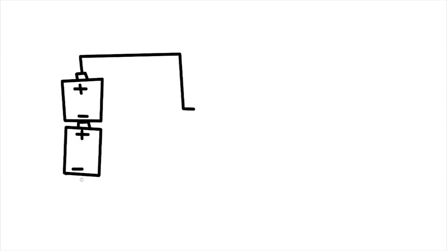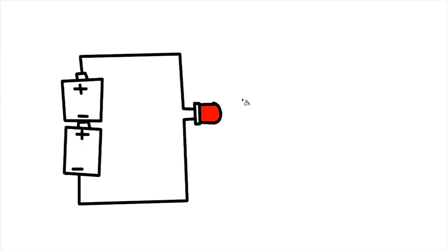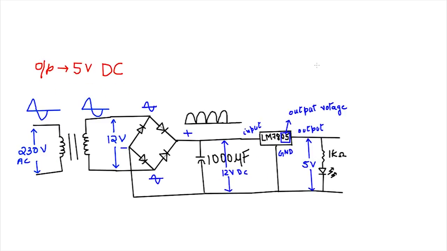There was a time when I was a kid, I used to love making small circuits, especially with LEDs, which used to run on AA batteries or such similar alkaline batteries. The problem with these batteries was that they used to drain pretty soon. Well, in this video, I will help you learn how to use power supply directly through the AC mains without